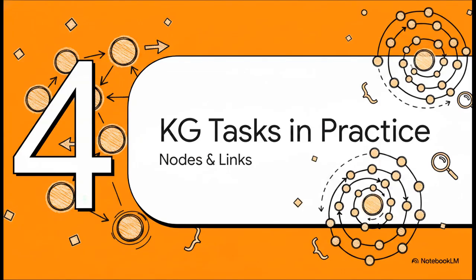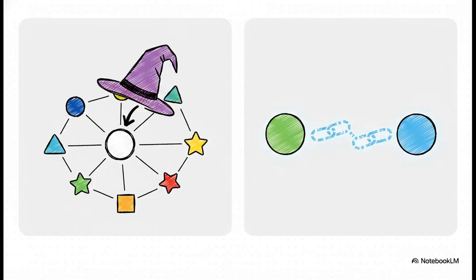Part 4. Let's look at knowledge graph tasks in practice, focusing on node classification and link prediction. All right, we've covered the architectural theory, now let's actually put it to work. These are basically the two heavyweight tasks in graph machine learning. First, you have node classification. This is all about predicting a specific category for an existing entity. For example, looking at a protein in a huge network and trying to classify whether or not it's actually associated